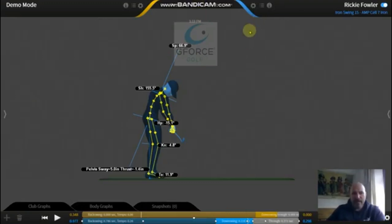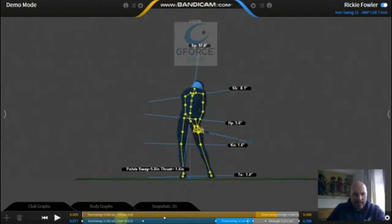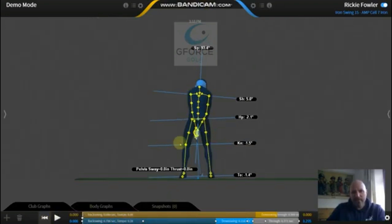Right, let's do Ricky Fowler swing analysis, and I'm going to show you the key things that he's doing, which pretty much all the other tour players are doing as well. So I like to look from behind so you can get an idea of what's going on with this spine angle here,